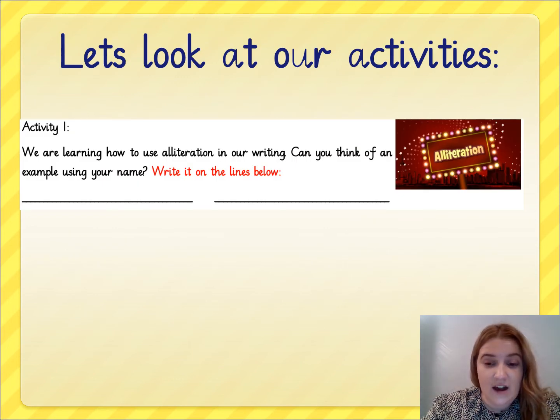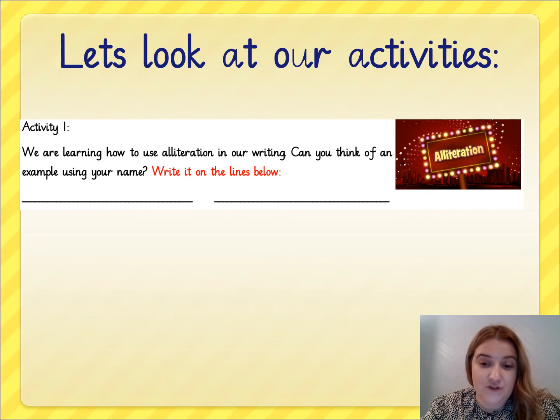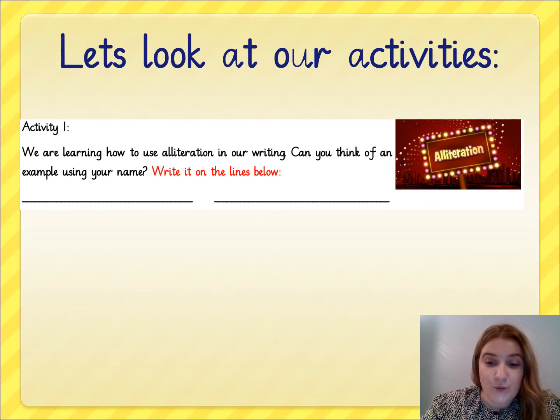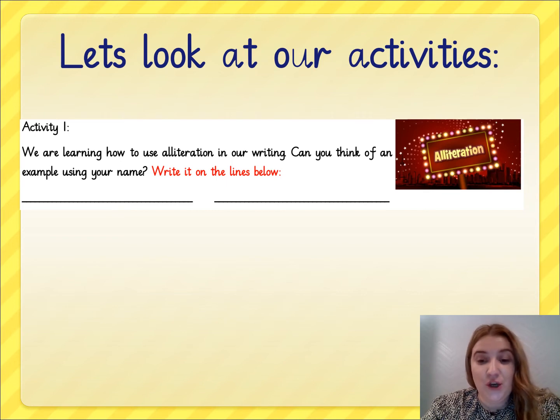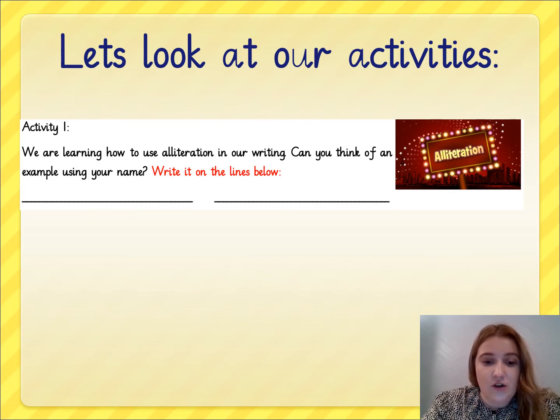In today's lesson, there are three activities that I would like you to complete. This is your first one. Think back to what I asked you to do a few minutes ago, when I asked you to think about if we could use alliteration with your name. I've given you two lines on the worksheet. Write your name on this line here, and write your name on the second line. Then I would like you to think of an adjective that describes you that begins with the same letter of